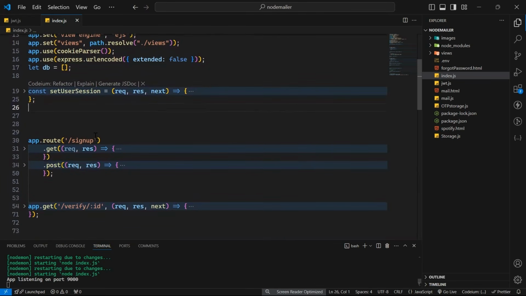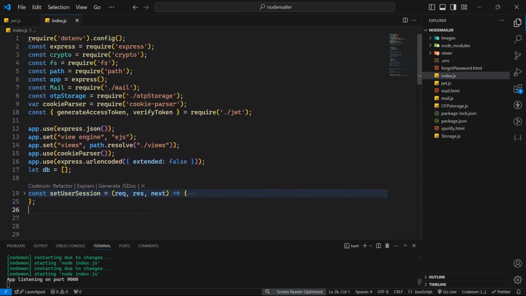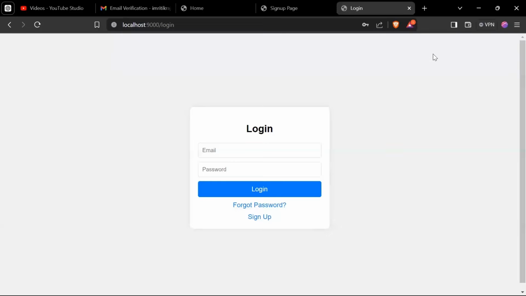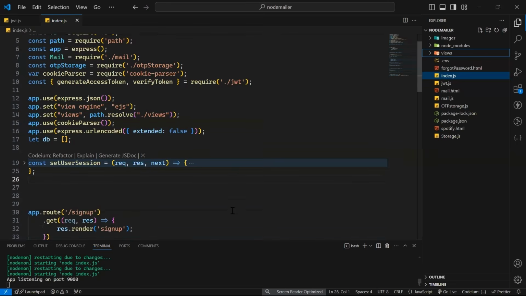सो देखते हैं यहाँ पे। सबसे पहले मैंने यहाँ पे साइनअप का राउट बनाया हुआ है, ठीक है। तो उसमें क्या होगा, वो साइनअप पेज रेंडर करेगा। मैंने इससे पहले भी वीडियो में बताया है, मैं यहाँ पे EJS यूज कर रहा हूँ, जहाँ पे मैंने व्यूज़ में अपना सारा HTML का पेज बना के रखा है। तो बेसिकली वही पेज है, ये वाला पेज है, साइनअप पेज, ठीक है।